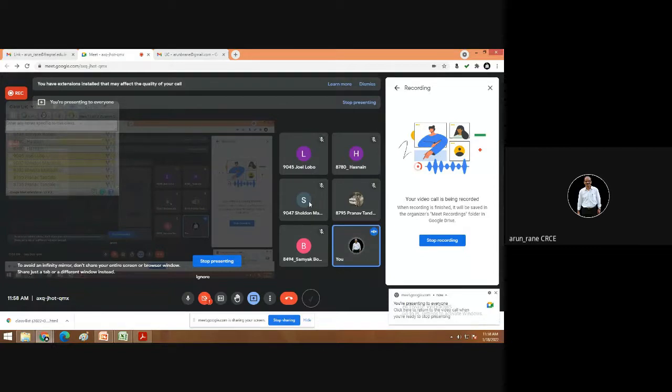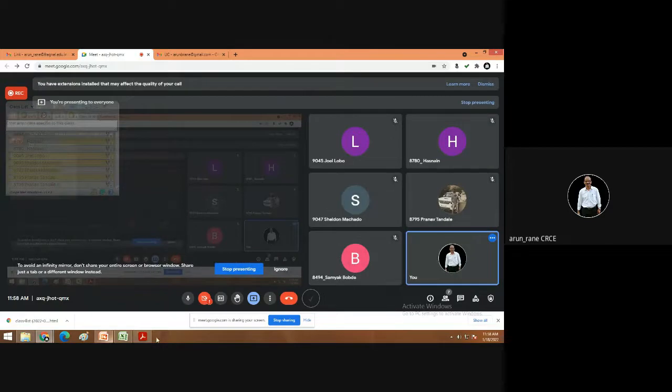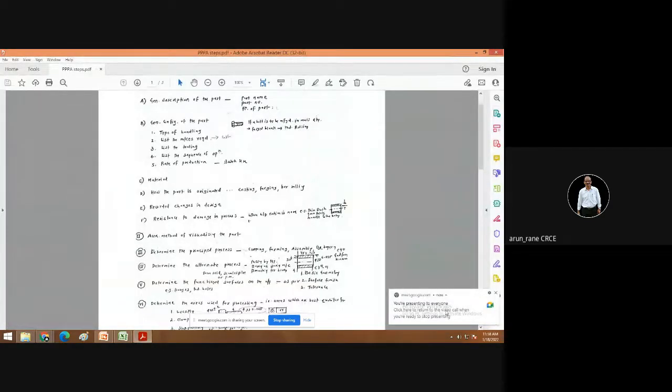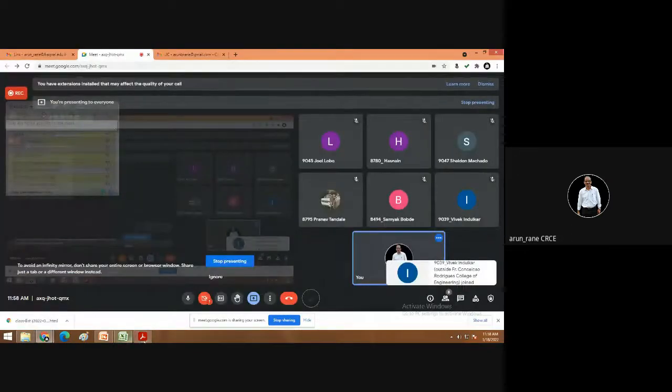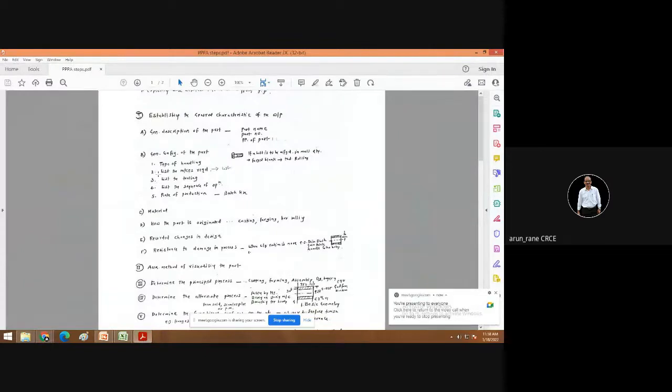And we were discussing step number 1. So whenever the question is asked like explain the steps in preliminary part analysis, you have to write the way I am sharing. So step 1 was establishing the general characteristics of the workpiece, in which we have discussed what is the general description of the part,